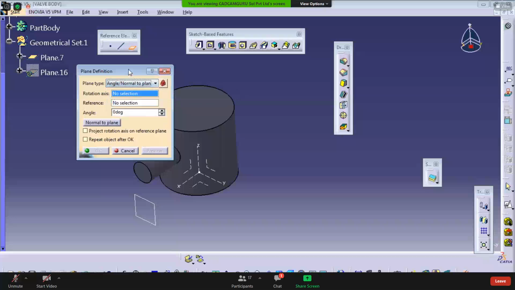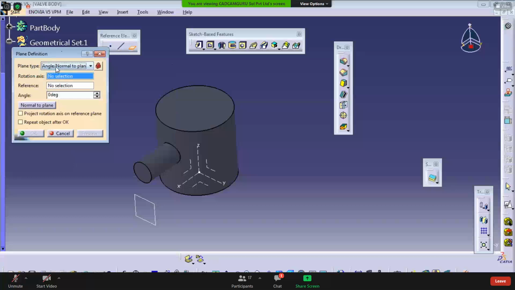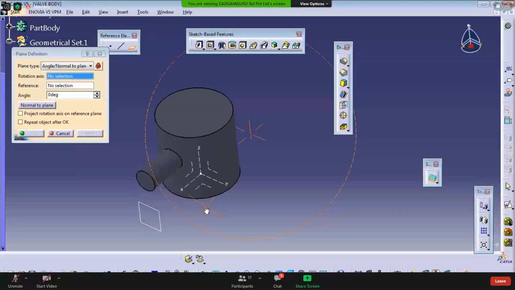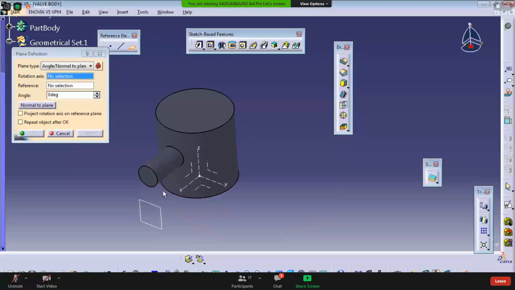Okay. Now the plane type I have selected here is angle normal to plane. Select the rotation axis, which plane you have to rotate. Front plane, which is a YZ plane. So the YZ plane can be rotated about the Y axis or Z axis. So I'm going to rotate this around the Z axis.